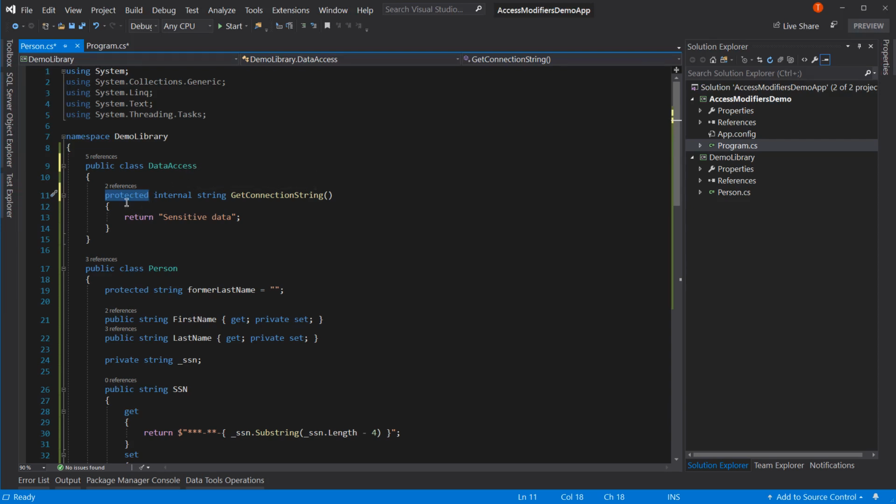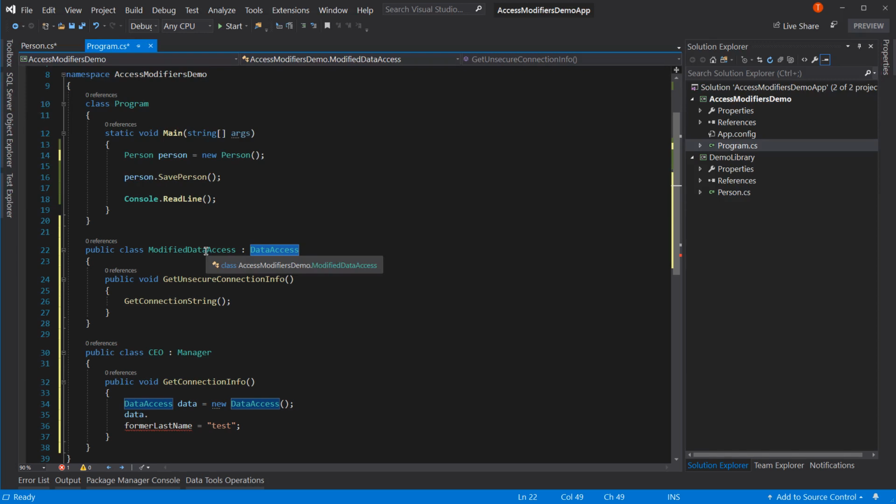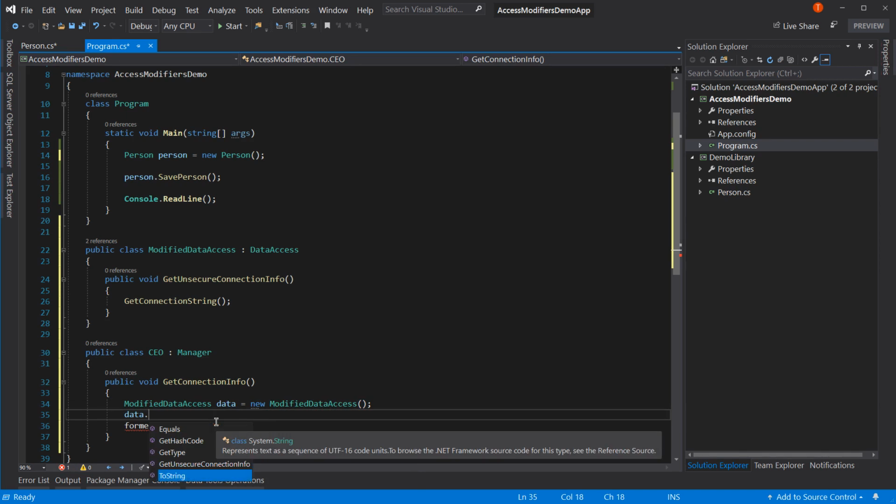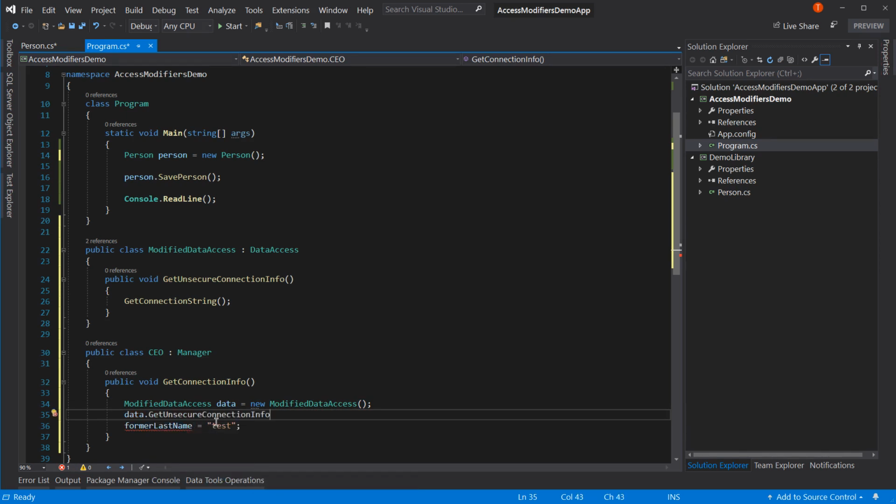access to have access. So in theory, you can kind of bypass this. And this is why you've got to be careful with your modifications. You could bypass this internal by creating this class, and then here that's public now. So I could say modified data access down here. And now I can say data access dot get unsecure connection info. So there's actually a way of getting